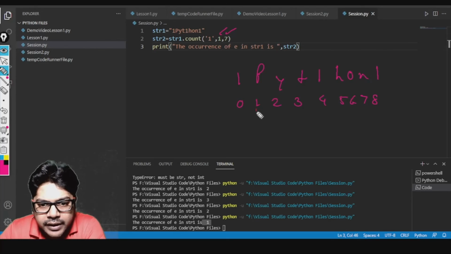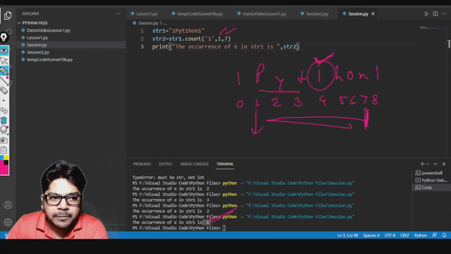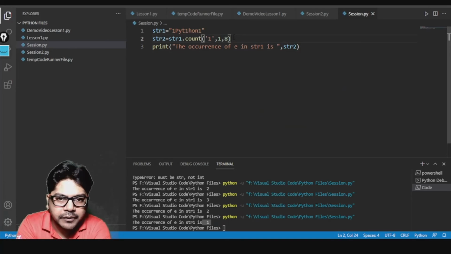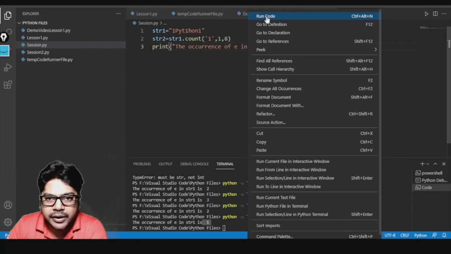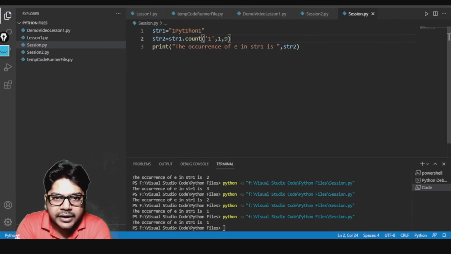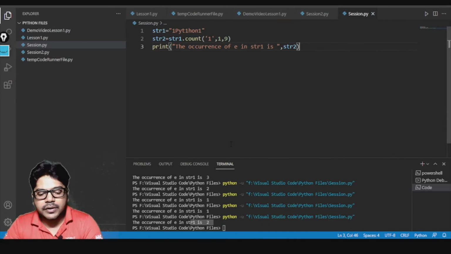So far there is no 1, then there is 1, so it counted this one, and then at 7 it stopped. So in between there is only one 1, that is the reason it is returning only 1. If I put 8 over there, then also it is going to give me 1, because 8 is not going to get included. If I put 9 there, then it might give us 2, right?